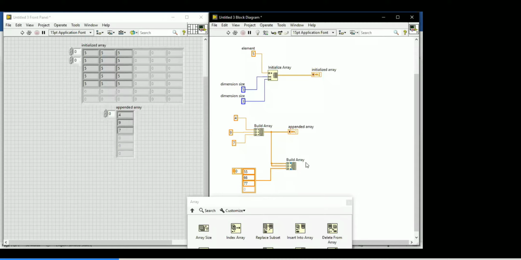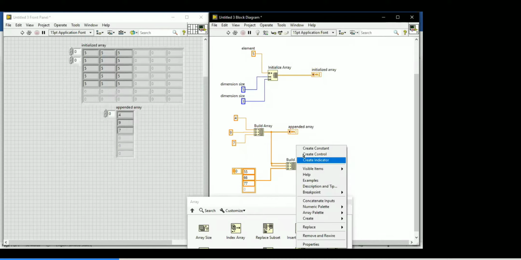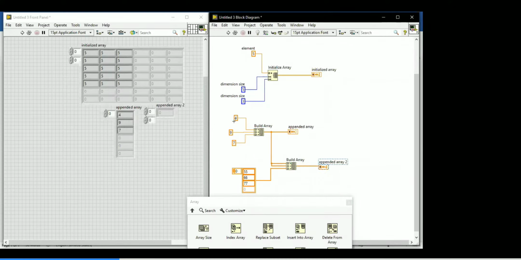Okay, that's why the output will be two dimension. The dimension will be increased by one. Here a scalar value element is available, but the output dimension will be increased by one. That's why it's performed as one dimension. The input will be one dimension, the output will be two dimension. One step at a time, the dimension will be increased. So the output will be two dimension, we are getting there.